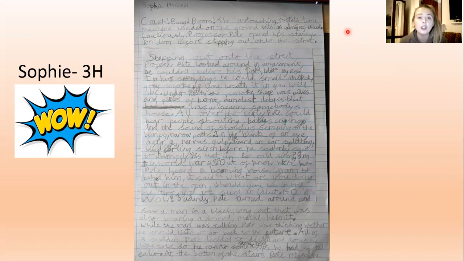Crash, bang, boom. The astonishing metallic time machine landed on the ground with an almighty thud. Cautiously, Professor Pete opened his sturdy iron door before stepping out onto the street. Stepping out onto the street, Professor Pete looked around in amazement, and he couldn't believe his tired blue eyes. In his surroundings, he could smell the thick grey smoke. If you breathe it in, you will die. Underneath the smoke, there were piles and piles of burnt, demolished debris that was